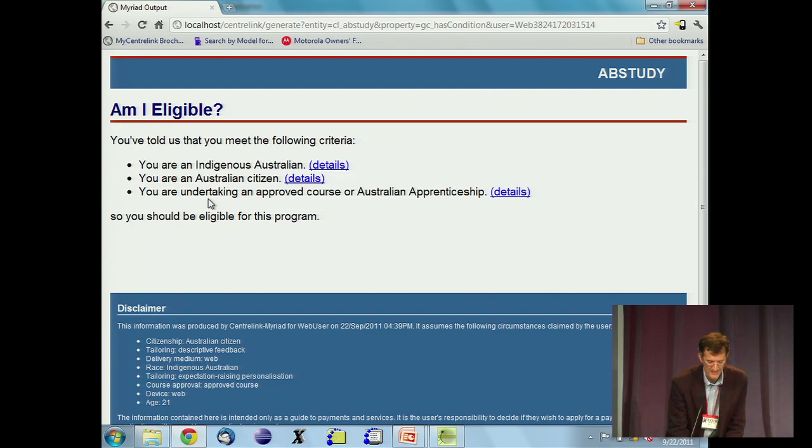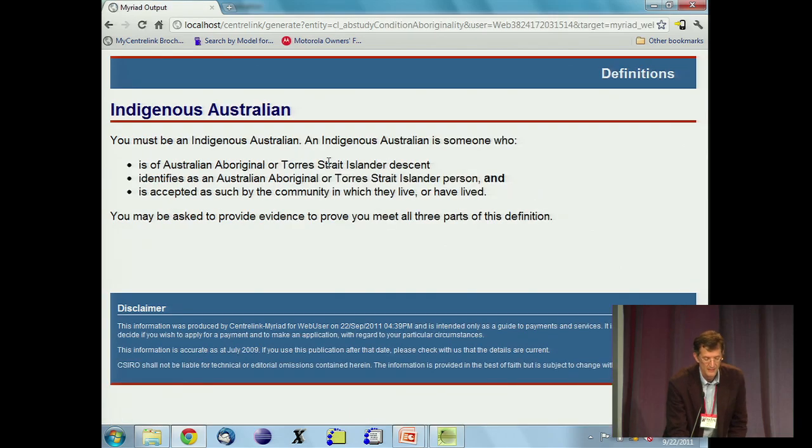If I'm in doubt as to what these definitions mean, we do continue to include details links so you can still get that famous three-part definition of an Indigenous Australian. Now, what I'd like to focus on in this talk is the conditions. So you've seen several expressions of the conditions in these documents now. And in our informal study, we discovered that roughly 50% of these brochures is filled with conditions, definitions of terms involving conditions, and so forth, like this text here, for example. So we're quite interested in coming up with some mechanism for dealing with that.